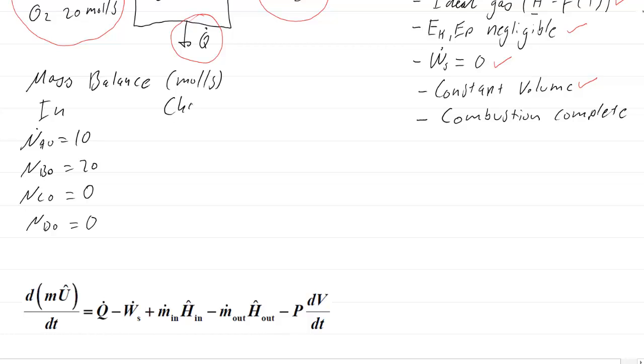Now my change. Okay, so what's happening inside my reactor? So all of my methane is combusting. All of my oxygen is being consumed in the combustion reaction. And so for every mole of methane I react, I produce a mole of carbon dioxide. And then for every mole of methane that's reacted, I produce 2 moles of water. So what this means then is at my exit, okay, I'm getting 0 moles of methane, 0 moles of oxygen, 10 moles of carbon dioxide, and 20 moles per second of